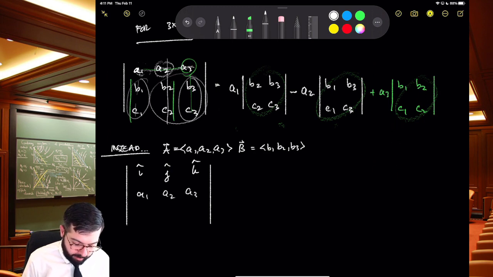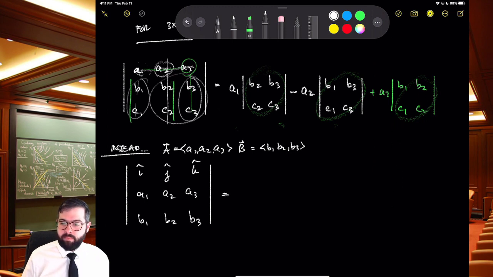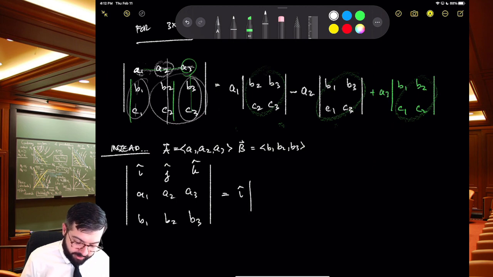And we place them in the bottom two rows, then what we'll do is the same thing, except it's I hat with the determinant of these. All right, so that's A2, A3, B2, B3,